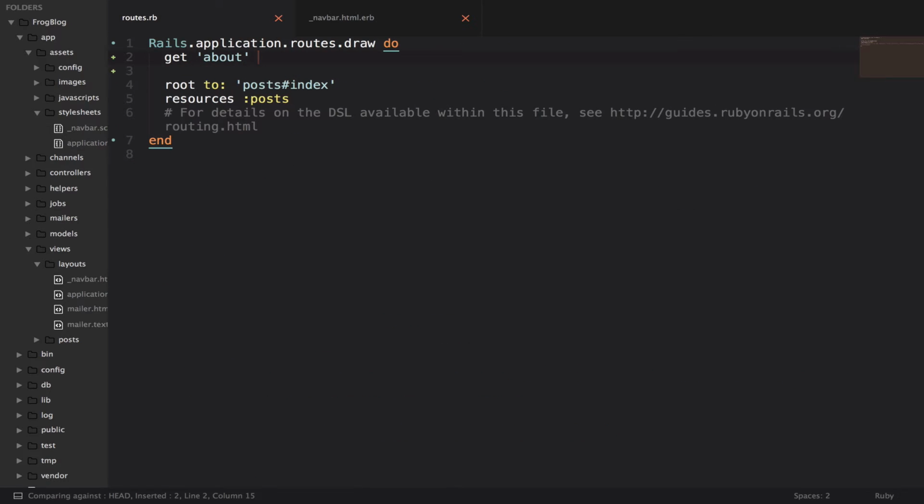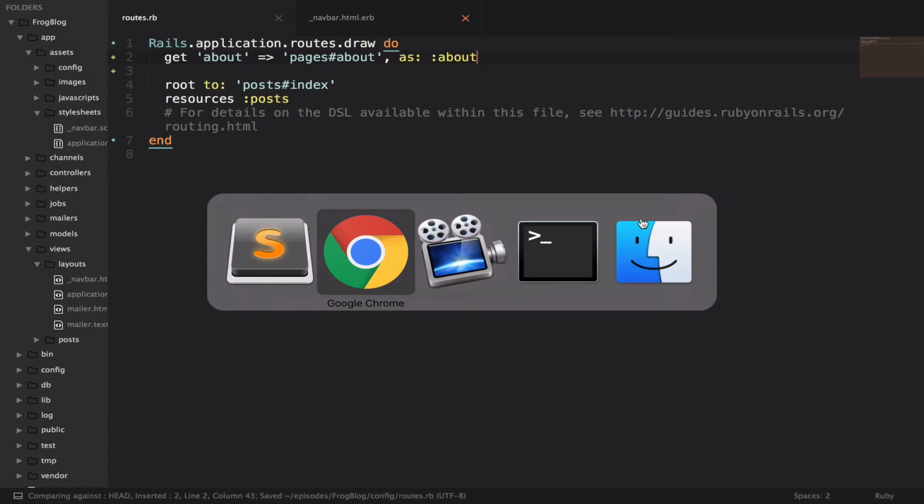So if I go back to my routes and I say get about, and I want to point that at a controller that we're going to call the pages controller, and we're going to say about, and then to get that variable about path working, that was the problem, we're going to say as about. So if I go back and refresh,